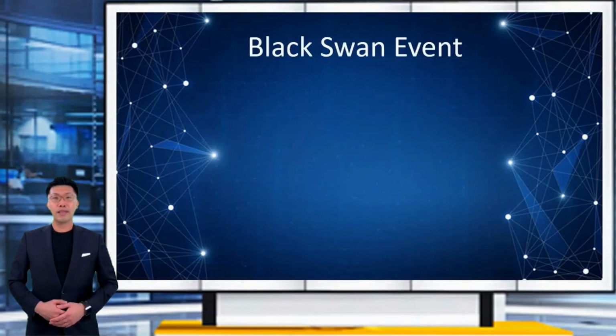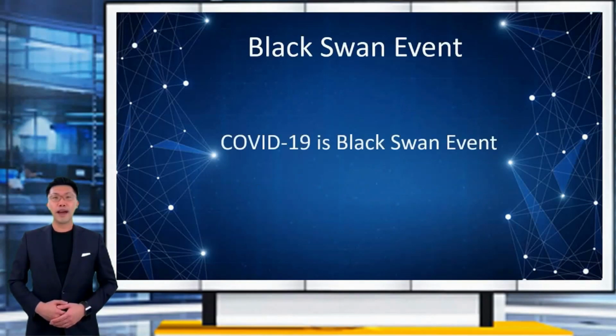What is a Black Swan event? A black swan is an unpredictable event that is beyond what is normally expected of a situation and has potentially severe consequences. COVID-19 is a Black Swan event. When Plan B created the S2F model in 2019, there was no COVID-19 yet. If there was no COVID, the Bitcoin price would reach above 135k in December.